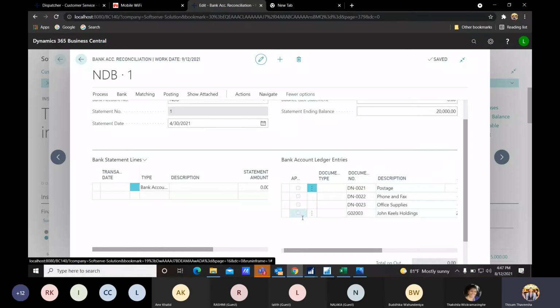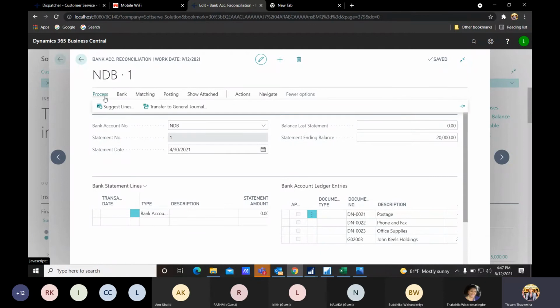And there's a special feature in Dynamics where you have to contact your bank partner and see if you can get a CSV format of your bank statements. Yes, we can directly import that bank statement to our Dynamics. So it would be really easy rather than entering almost all the entries. You can directly import the bank statement using this option. For many of our customers and many banks, we have done those things. So just request the bank for a CSV format, and then we can apply it to our bank statement, right?